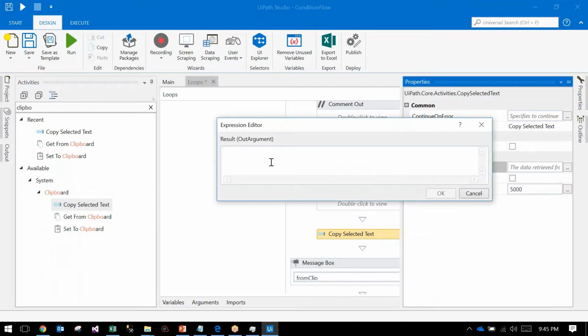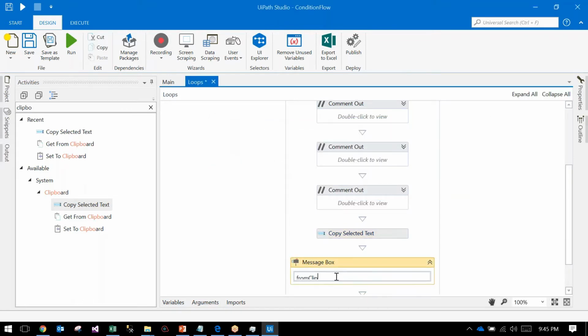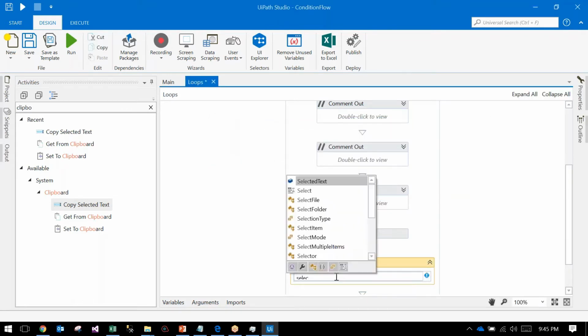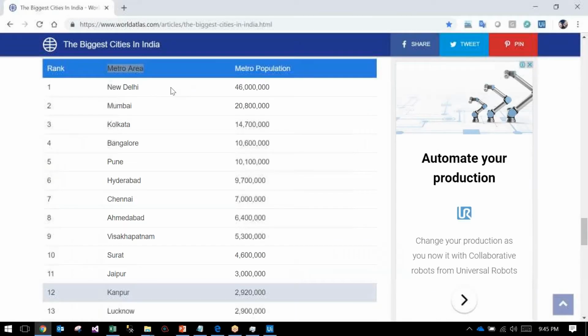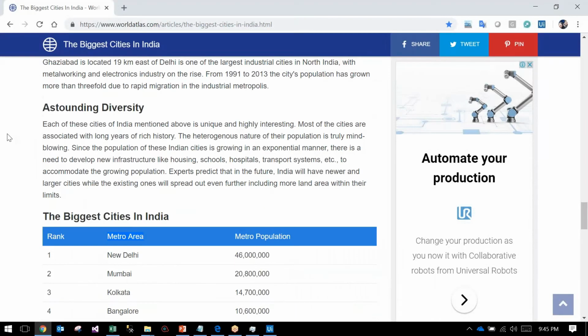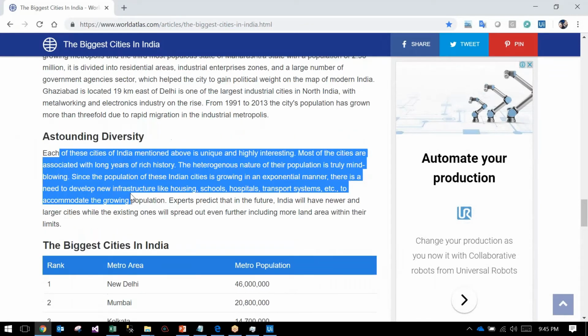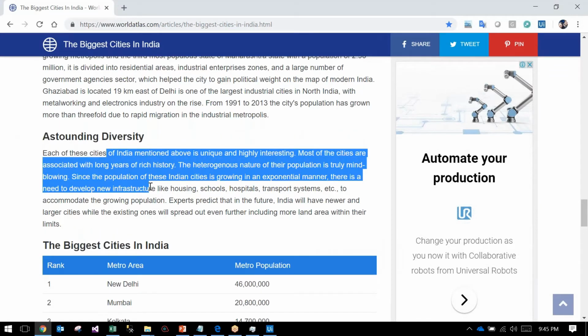I can create a variable called selected text and display the selected text. I am selecting this one. Okay, let us see whether it will work.